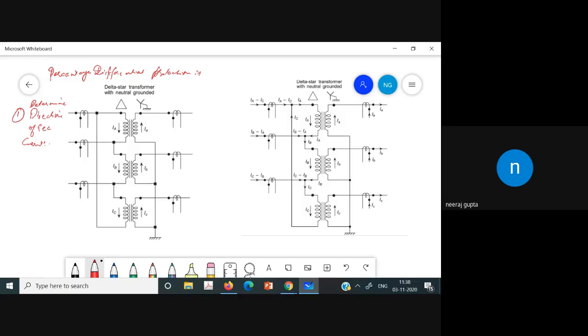So we will have the transformer, and this is the secondary current. Let us suppose that we determine the direction of the secondary current, that is IA. Then we will have the IB, and then we have the IC. Now,